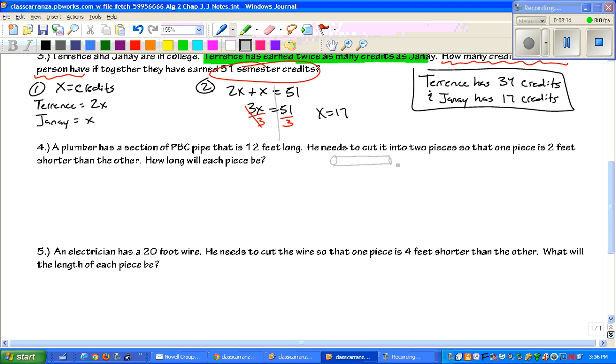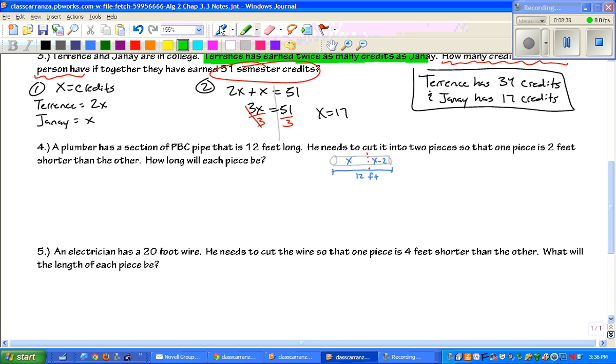PVC pipe is that long, white kind of plastic pipe that plumbers use. So this whole thing is 12 feet long. He needs to cut it so that one side is x and the other one is shorter